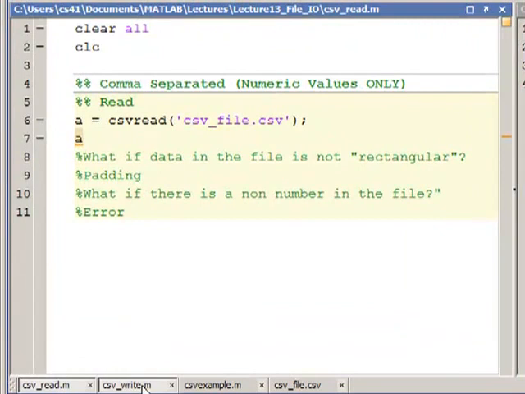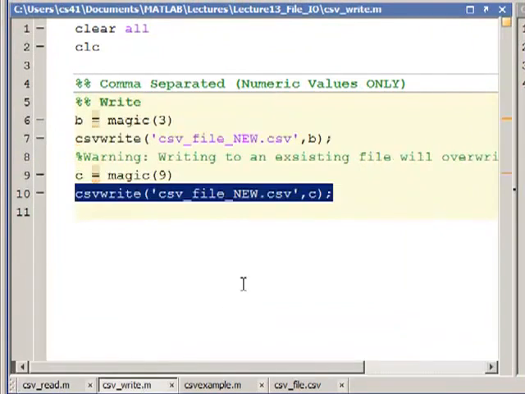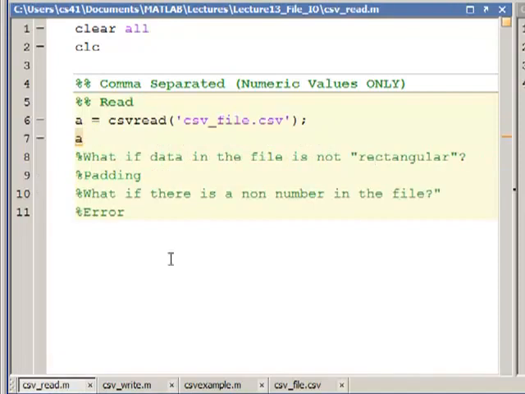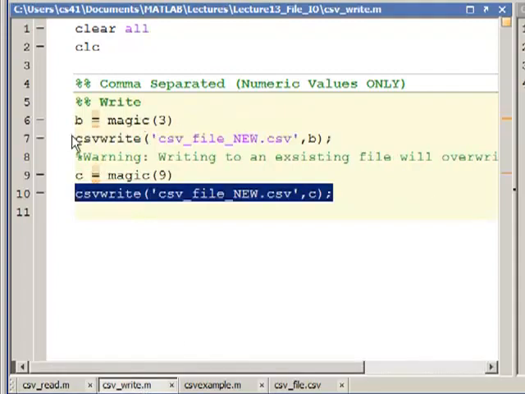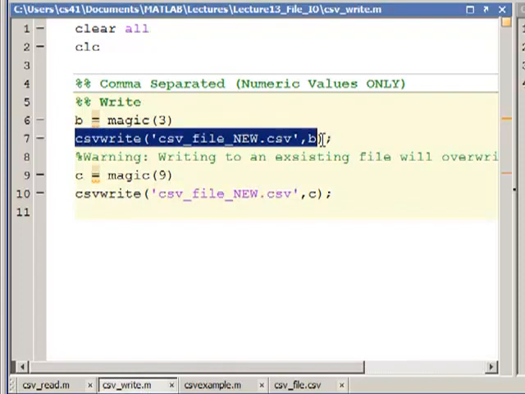Let's go over here now and talk about how you would write to a CSV file. Just like when you read, you do csvread and you give it the file name. With write, you do csvwrite. But you've got to have some data to write to it. So what I'm going to do is